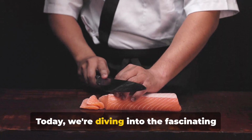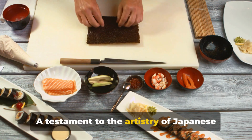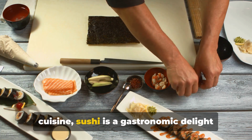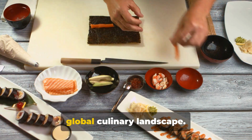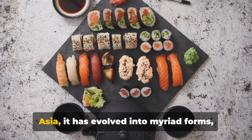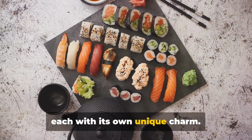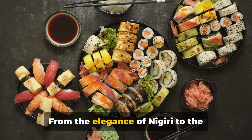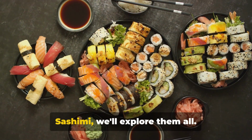Today, we're diving into the fascinating world of sushi. A testament to the artistry of Japanese cuisine, sushi is a gastronomic delight that has left a lasting impact on the global culinary landscape. Born in the paddy fields of Southeast Asia, it has evolved into myriad forms, each with its own unique charm. From the elegance of nigiri to the versatility of maki and the raw allure of sashimi,